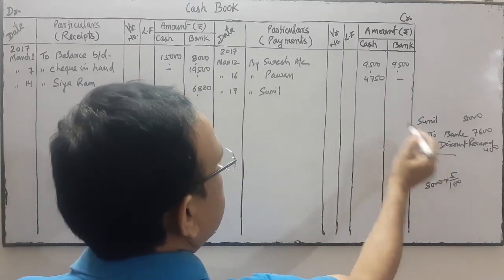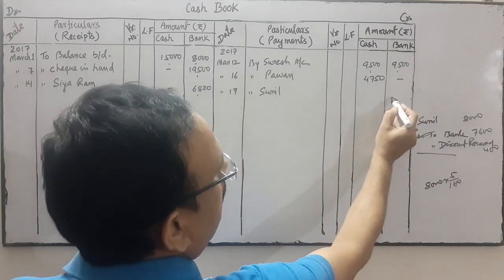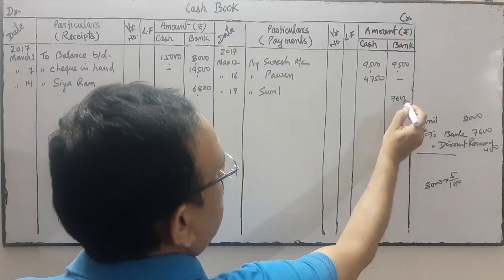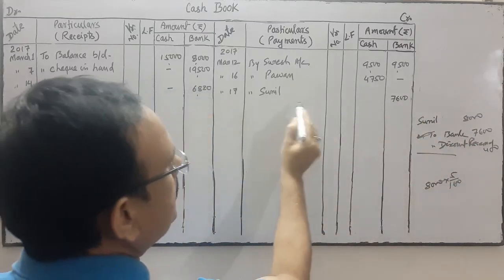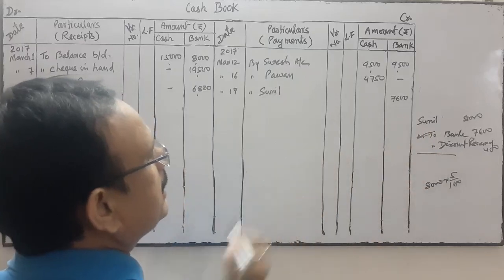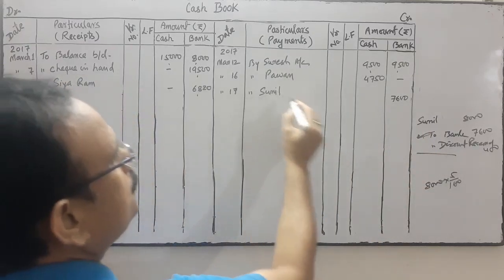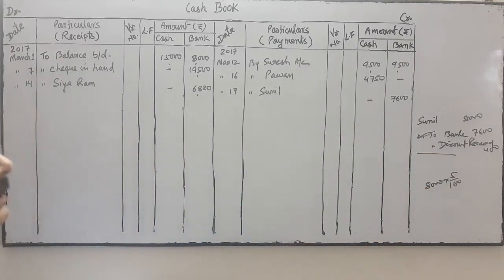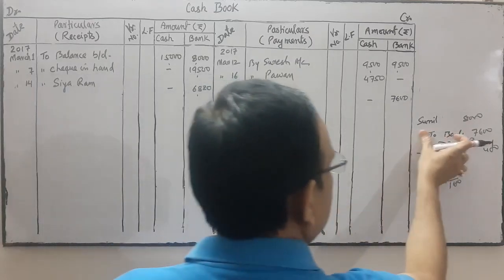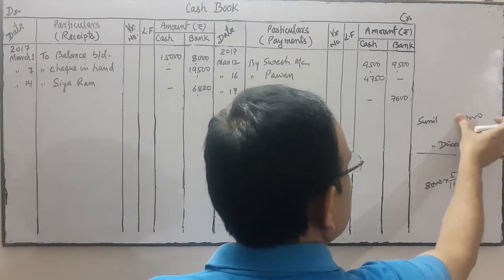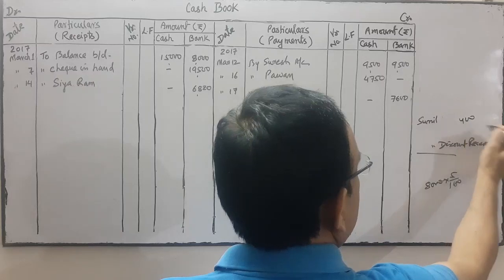On the credit side of the bank column we will write 7,600, this amount. But what will we write opposite to it in the particular column? Sunil account. So write Sunil. This is posted in the cash book, and the 400, Sunil account debit